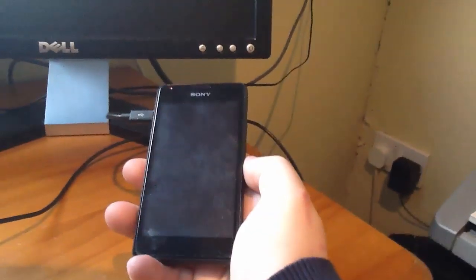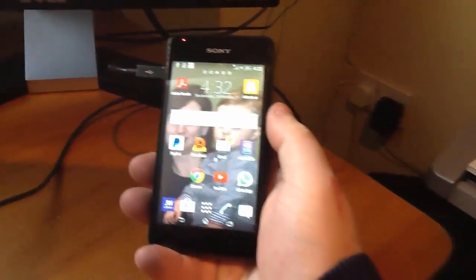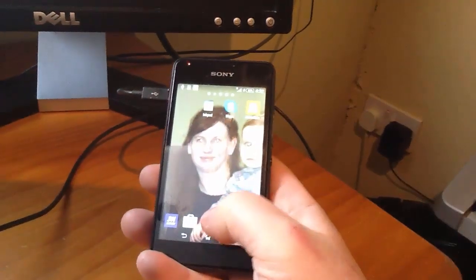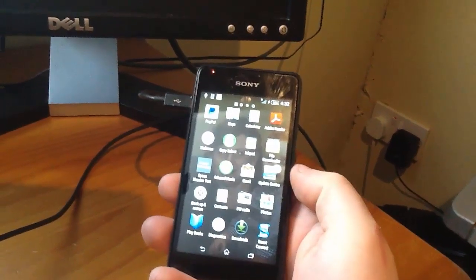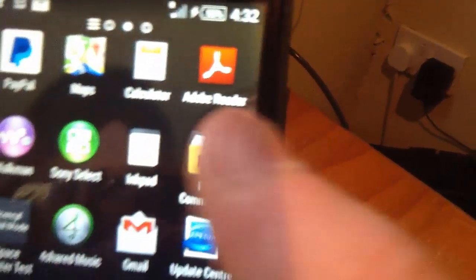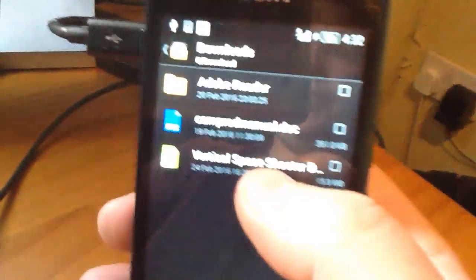Here I am with my iPad and I'm videoing my Xperia. So I'm going to swipe to open up, and then I need to go to any kind of an application that can handle file management. So I use File Commander, which you should be able to see quite clearly there. I'm going to click on File Commander, and then I'm going to go to Vertical Space Shooter in there. But firstly,